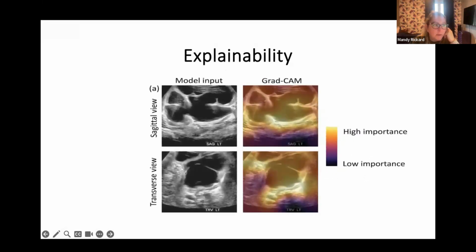And so how do we know we can trust our model? One way we improved explainability is to generate these heat maps, which are overlays that the model produces based on the image that we have put into the model. And so this is telling us the areas of the picture that the model is using to make the prediction. And as clinicians, we can look at this and realize that this makes sense. And so this is using the hydronephrosis area and the parenchymal area to make its prediction for the probability of obstruction. And then it's also telling us the areas that it's deemed low importance for those predictions.